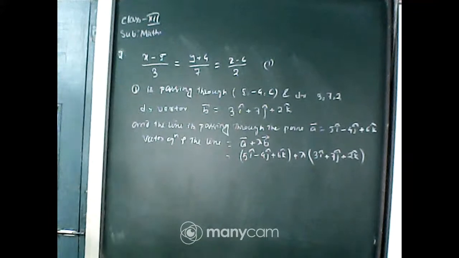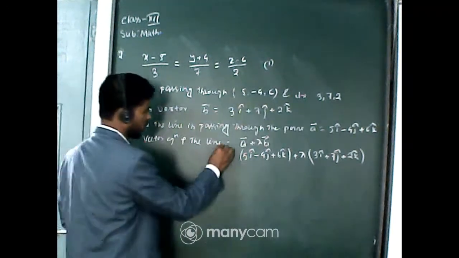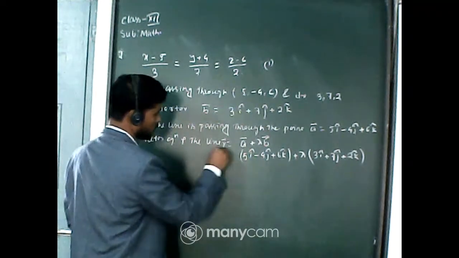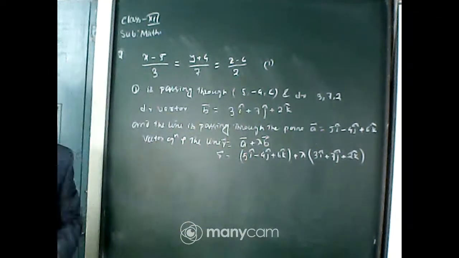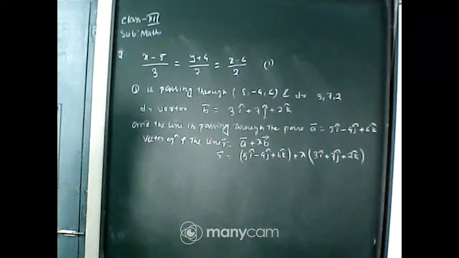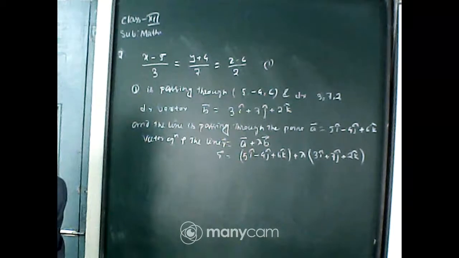Okay, so see, have you understood or not? I just put an r here. R is equal to, r vector is equal to this. Now tell me, have you understood or not? Yes, understood. Okay, now